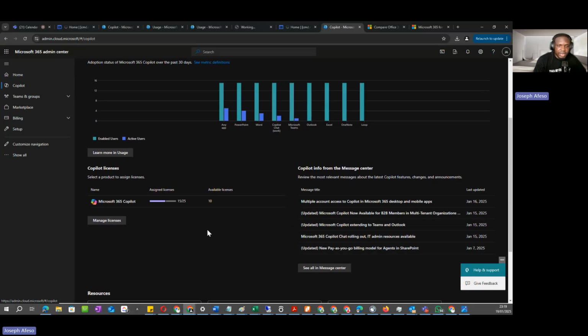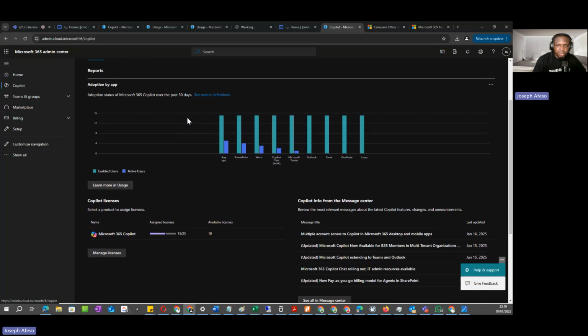So that said, how do you dive deeper to know? Of course, this is just showing you that 3 users, 2 users, which users are using them and which of the licensed users are not using Copilot, and how do you know, so that you can follow through and see if it is training you need or if it is general orientation that you need to sensitize these people to keep using this to increase the efficiency of their dealings. So that's where you see this